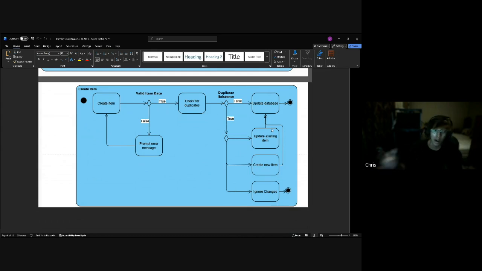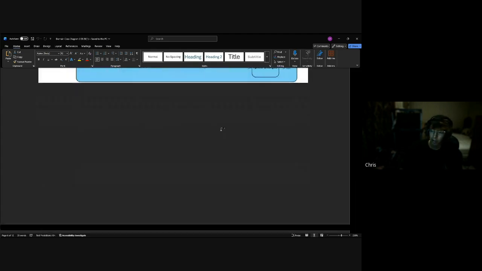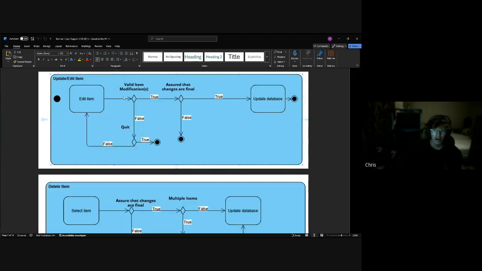Assuming that we're either updating or creating, these will both affect a database and update it. However, if we do not want to make any changes, we can ignore all changes and end the sub process there. The third activity diagram we're going to be taking a look at is the update and edit item activity